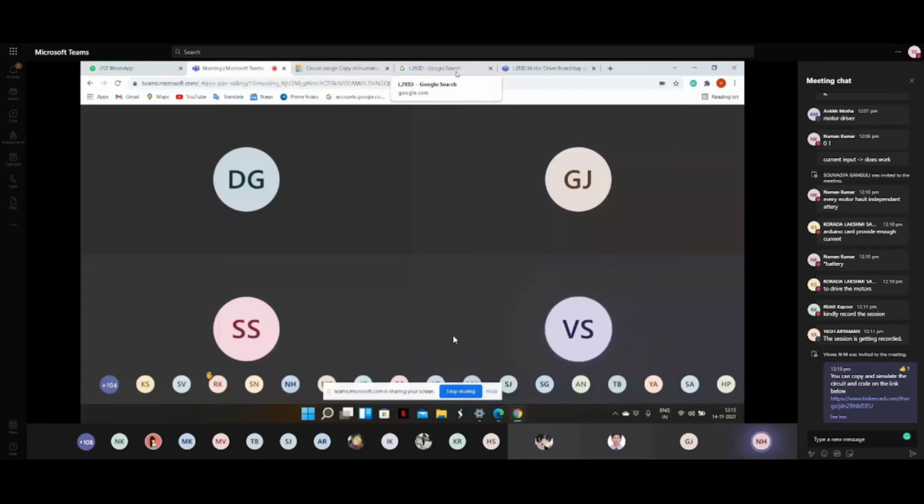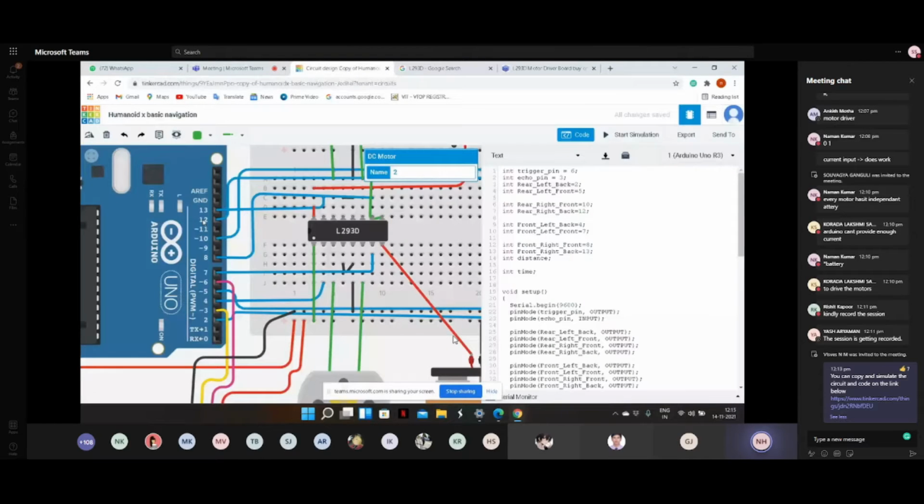So yes, this is a correct explanation. These are the PWM pins. PWM stands for pulse width modulation. You can control the intensity of your LEDs and all that with PWM pins. Generally these are digital pins, but PWM pins are accessed through the function named analogWrite. This is for basic understanding, I'll tell you.